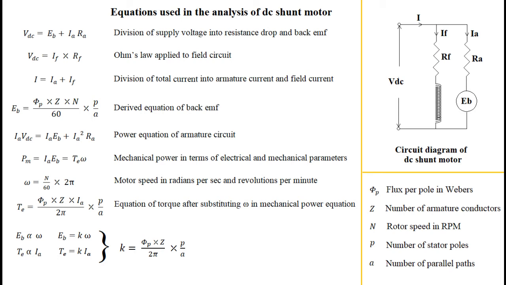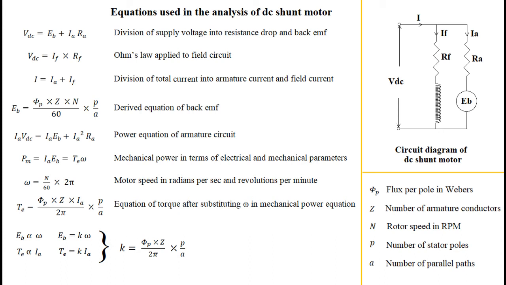Mechanical form of converted power is a product of torque in Newton meters and angular speed in radians per second. In this set of equations, speed appears in two forms with different units. One is capital N, that is speed in RPM, and second is omega, that is in radians per second. These two speeds are related with each other by next equation in the sequence.